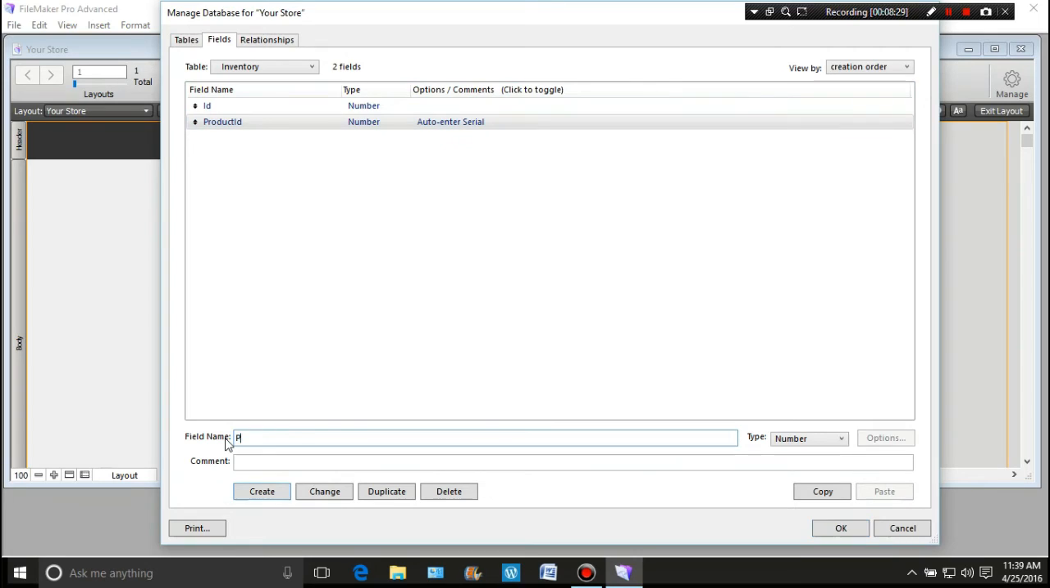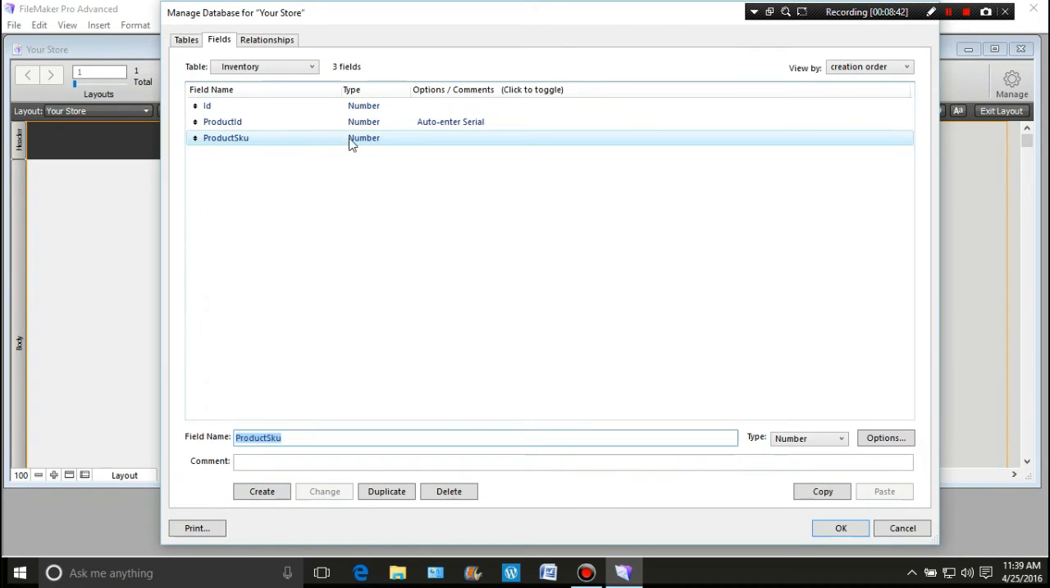Now we will put a product SKU, a product SKU, and that is a number as well. And we will create that. But we're not going to put any numbers in it. And what those numbers are for is so that should you decide to